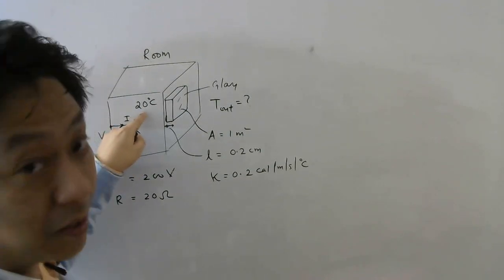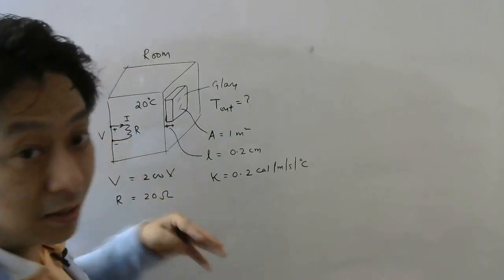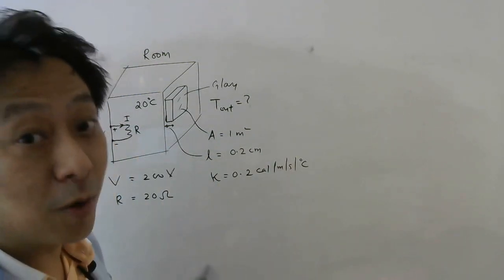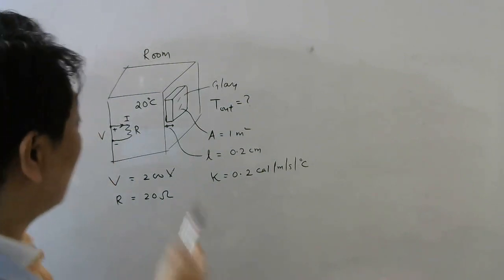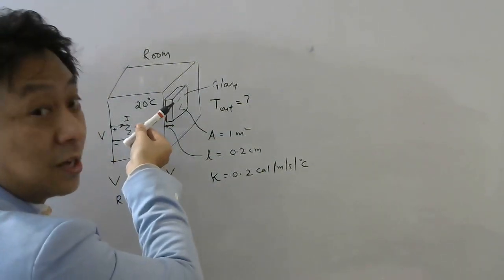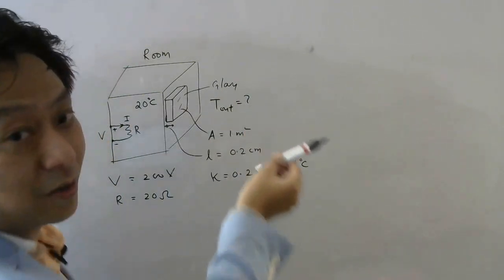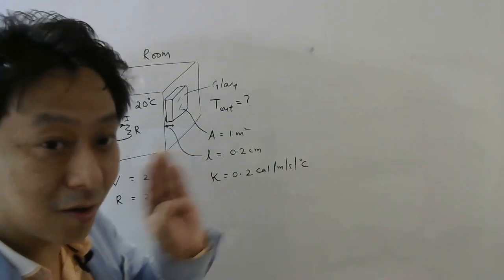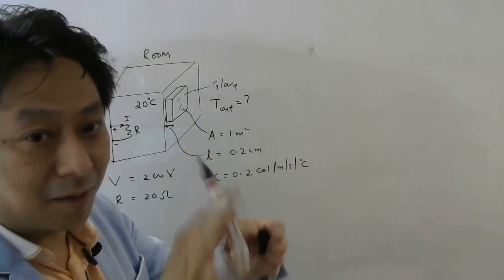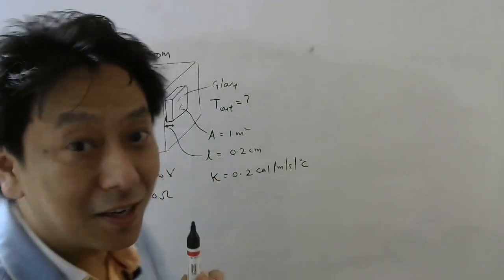Now they told the temperature inside is constant. Why does that happen? Because if the heater is producing heat, then the temperature should keep increasing. Well, what happens is in steady state, whatever heat is produced by the heater, the same heat comes out from the glass window, then the temperature will remain constant, isn't it? So whatever heat comes here, if it goes outside, the temperature of this part will remain constant. That is the meaning of steady state.